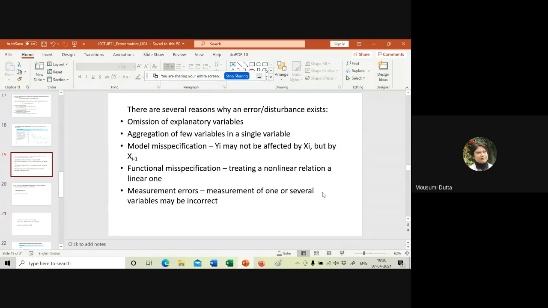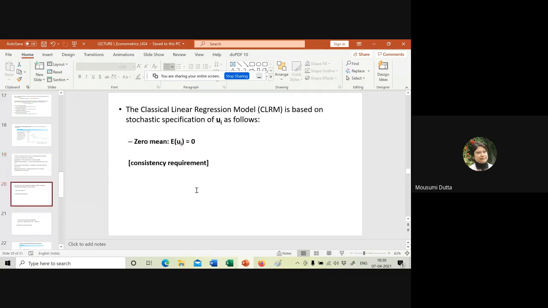Let me start talking about assumptions first, then we will come back to all of these issues, because the things are not that simple, you know. So one by one, we need to construct all these things. So it will be better first if we move towards assumptions of the model, and then after completing assumptions, we